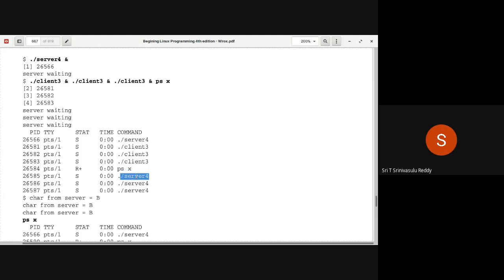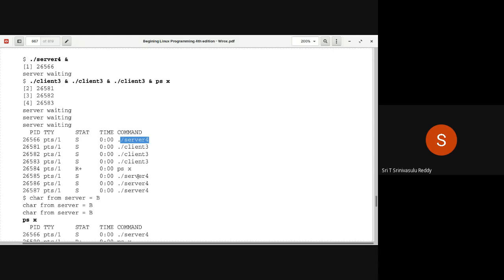This will address one of the clients, this will address the other client, and this will address one more client. Whereas this is the one that is taking care of receiving the requests from the clients. The accept is running here, whereas serving the request is being done by all these three.